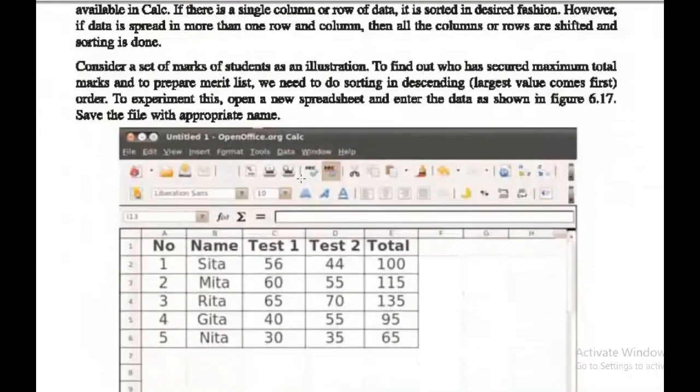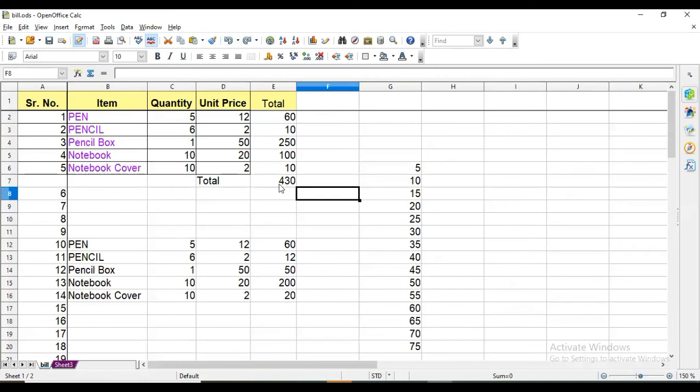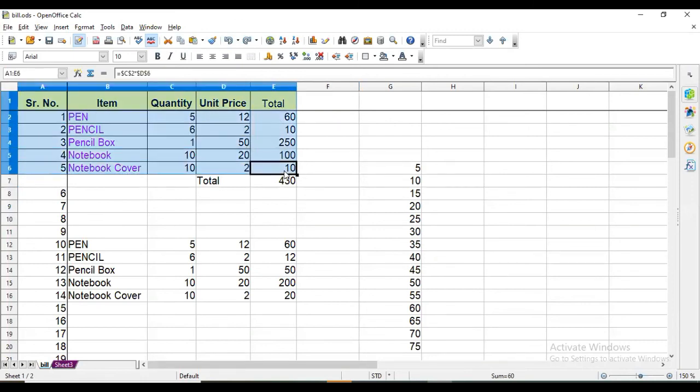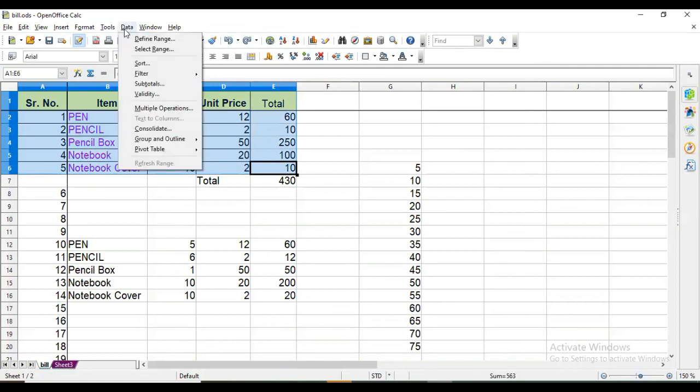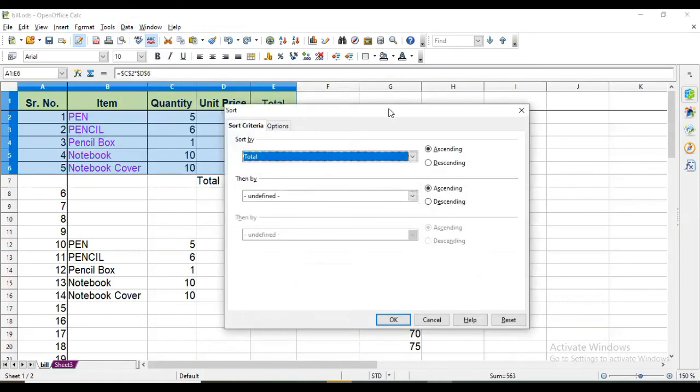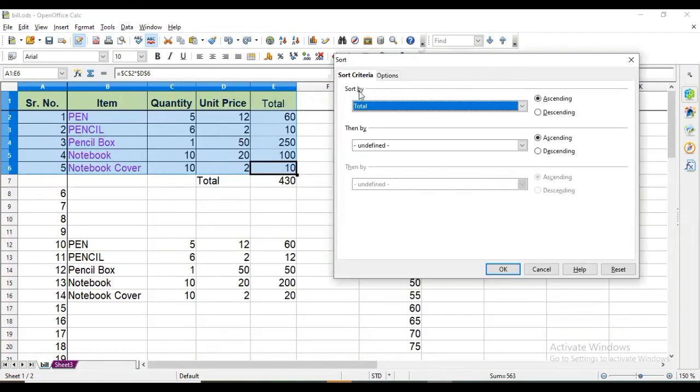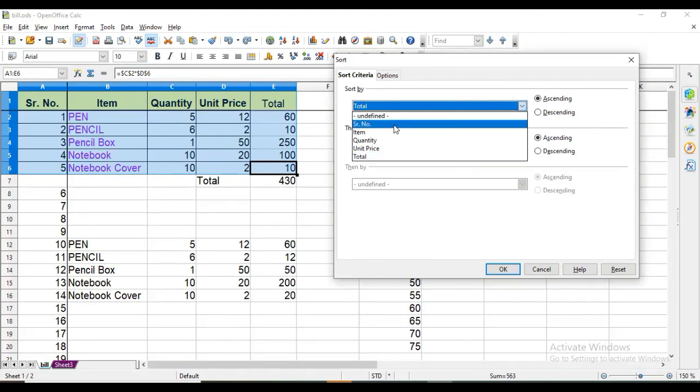Data sorting and filtering. Now we want to sort data according to total cost. So for that, select this range, go to Data, Sort. Since we have given headings for each column, it will show you sort by which column.